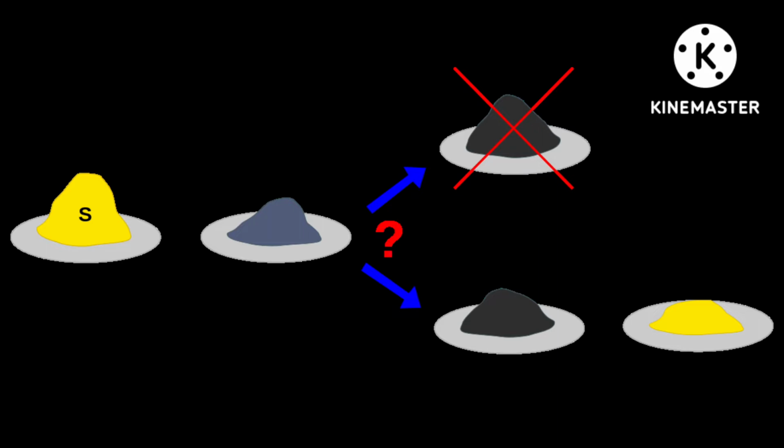The ratio is 1:3, and after the reaction it will give 2 moles of ammonia. So here 1 mole nitrogen and 3 moles hydrogen, that is 1:3, is required to give 2 moles